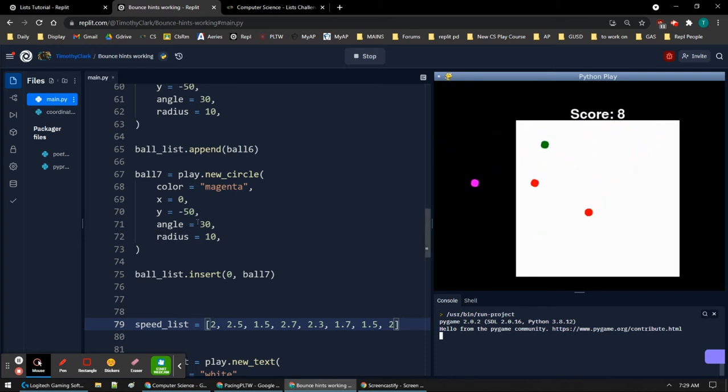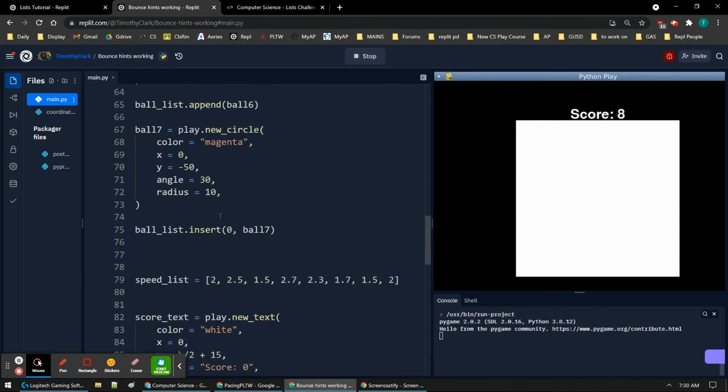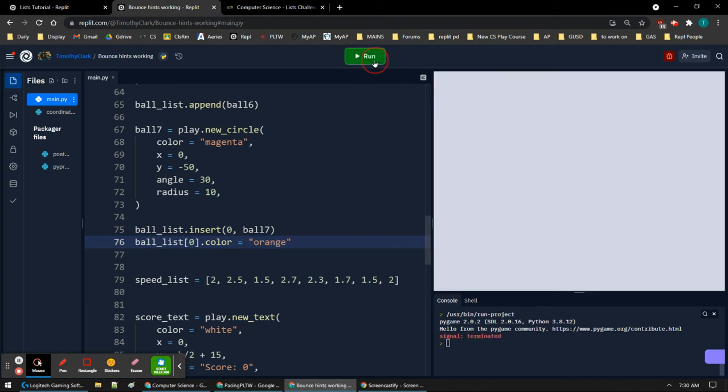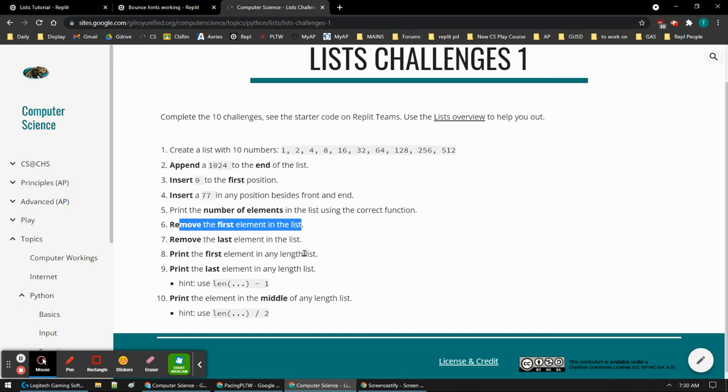So if I put that at the beginning, and I could have changed the color. So if I change the color, instead of changing the blue one, I would change this one to orange. So there wouldn't be a magenta one, it would just be orange because I'd changed the color right away. I insert it, then change the color, and so there's that one in the front now. So now the 0, 1 is in the front. Okay, the last one,